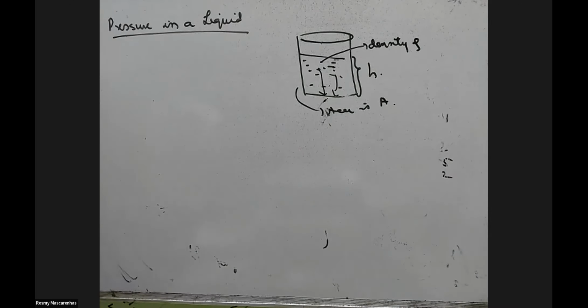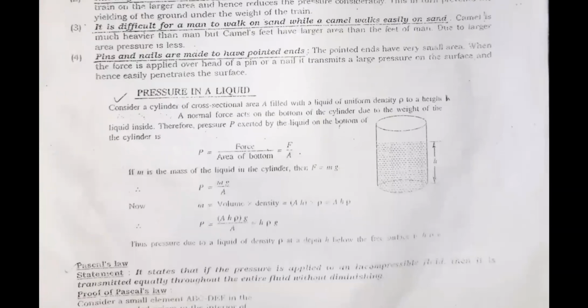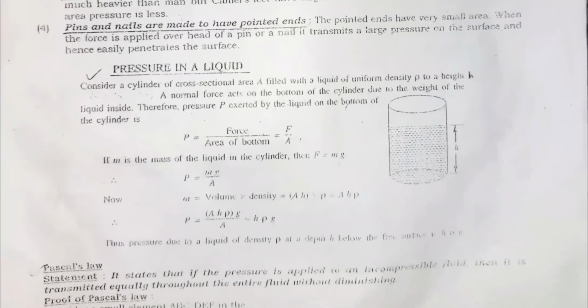You can directly refer here only. I'm only explaining the derivation part. The starting theory part, consider cylinder and all, it's there in the note. Consider a cylinder of cross-sectional area A with liquid filled, whose density is rho, height is h. There is a force which is acting on the bottom of the cylinder due to the weight of the liquid inside. Therefore, the pressure exerted by the liquid on the bottom of the cylinder is given as,